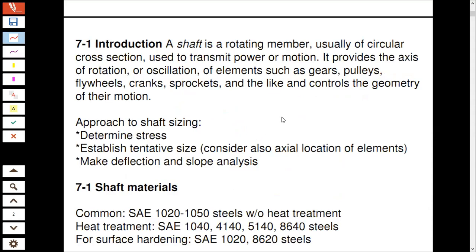When we say shaft components, it is also used to provide the axis of rotation or oscillation for elements such as gears, pulleys, flywheels, cranks, sprockets, etc. So basically, we mount various components on shafts,